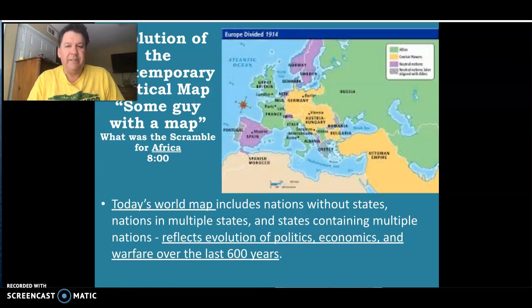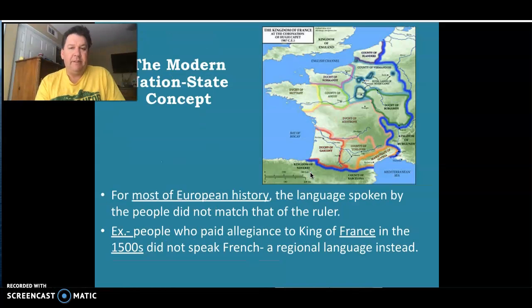This is a 1914 map, and look how different Europe looks today compared to 1914. Again, the empires are gone. Take what you see over here: the Ottoman Empire now is Turkey, along with the Middle East being various countries here. We have the Austro-Hungarian Empire, no more. This is now parts of the former Yugoslav area, Germany, and so forth. So anyways, the important part is that you guys understand the map is evolving as we speak.